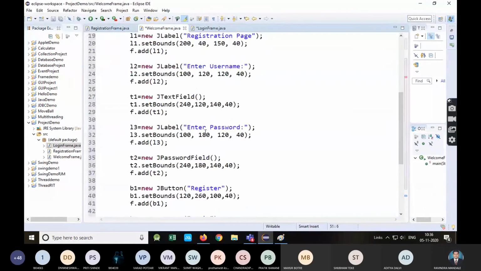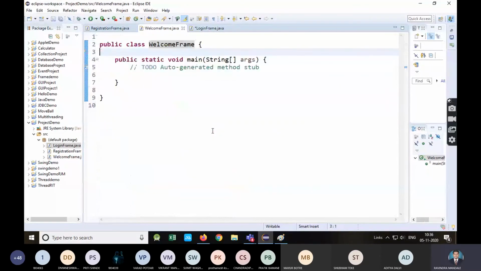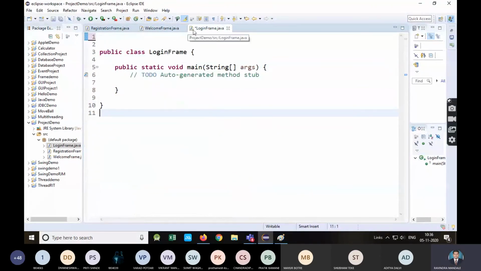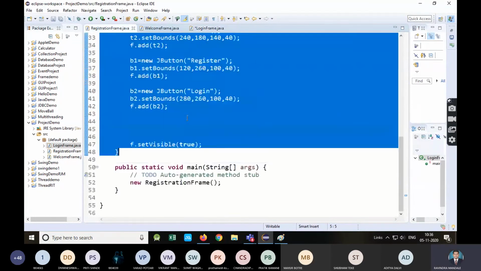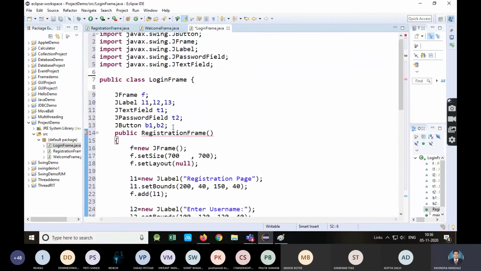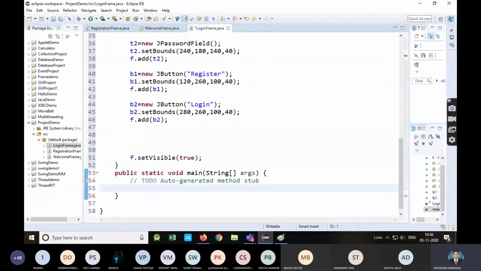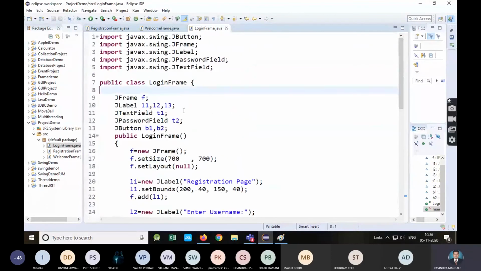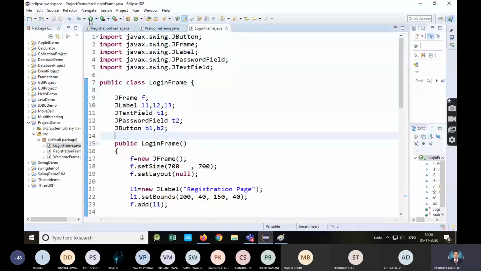That is why it is showing a problem. That login we should add. So just copy this code, add it here, change the constructor and call the login constructor. Package config was there. Now you can see the user interface of this.